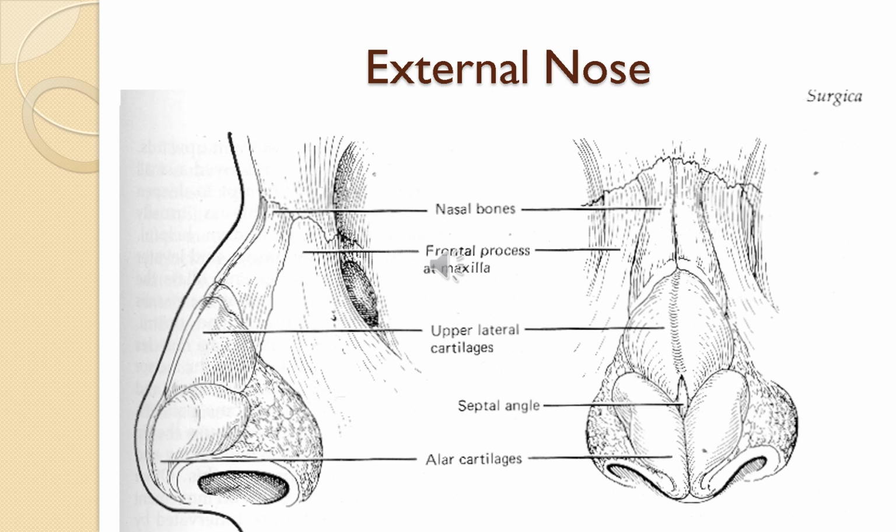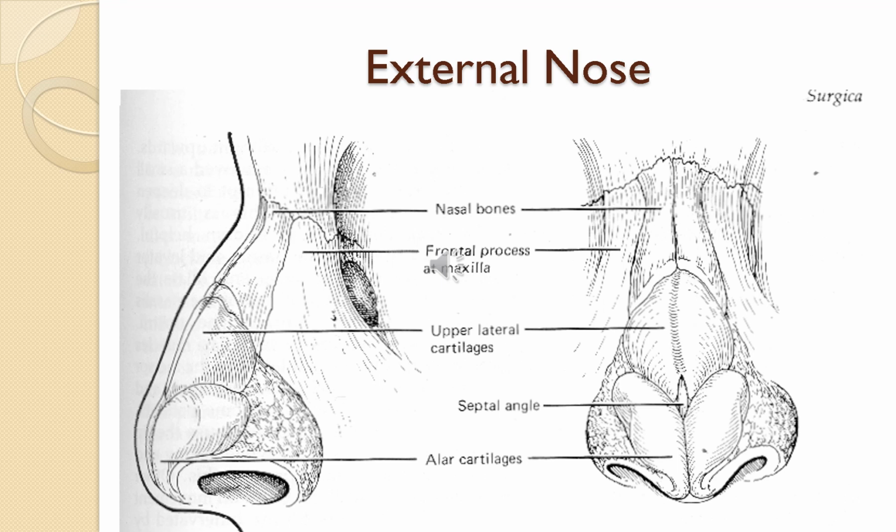Today we will discuss the anatomy of the nose and the paranasal sinus, and we will give some hints about the investigation in rhinology. The anatomy of the nose is divided into two parts: external nose and nasal cavity. The external nose is the part of the nose which gives the shape of the nose. It's formed by two parts: upper third, which is a bony part, and lower two-thirds, which is a cartilaginous part. As regards the bony part, it is formed by three paired bones